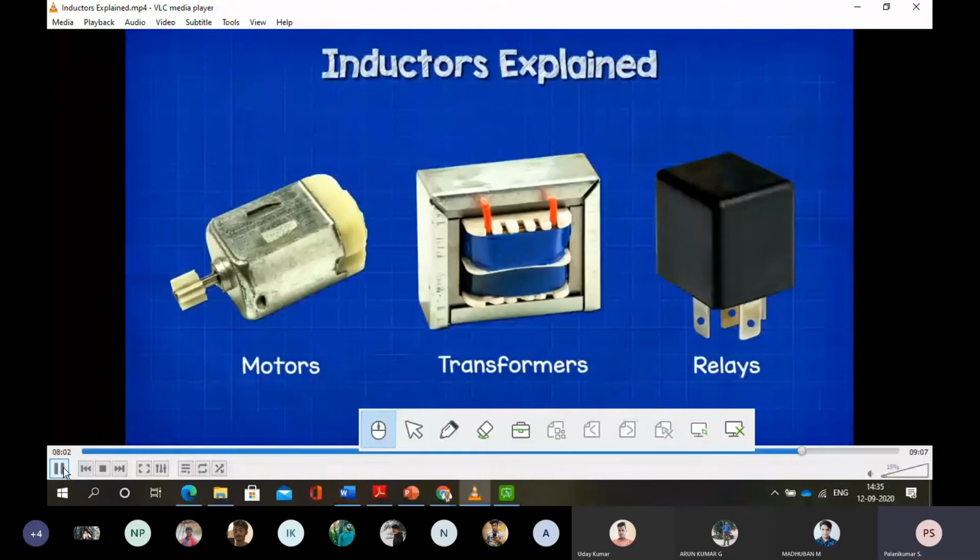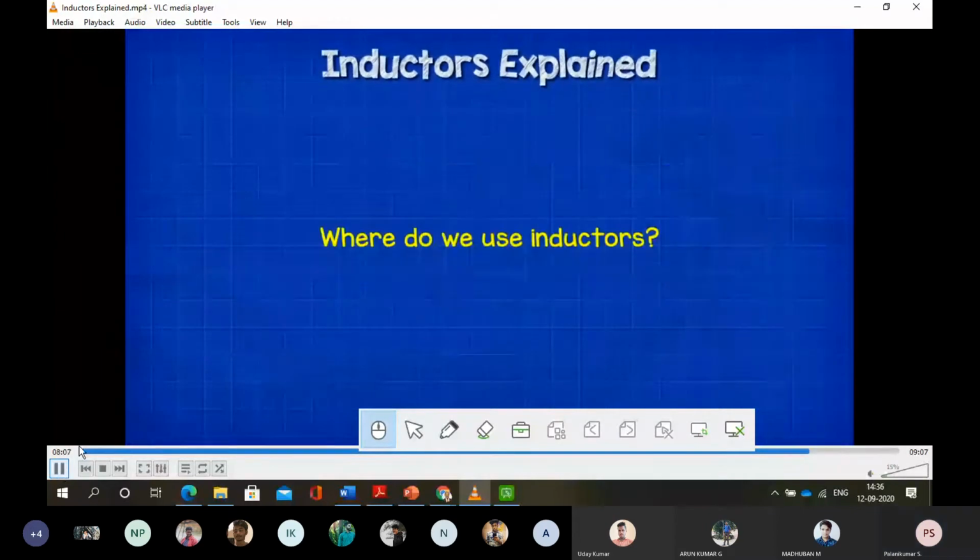Mainly inductors are used in motors. We call it an induction motor because it has a coil that offers resistance; we simply make a number of turns wound inside the motor. Likewise, in a transformer, we wind the coil in the primary and secondary, and it works on the principle of mutual inductance. Relays are also there. All of these work with this concept.